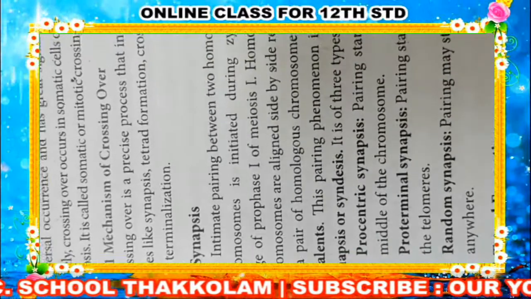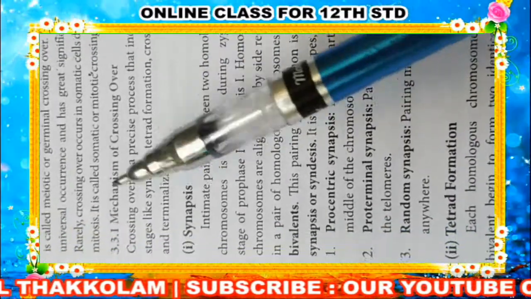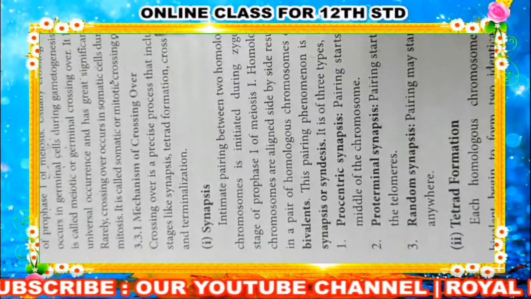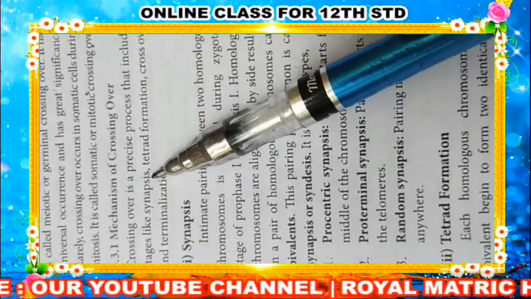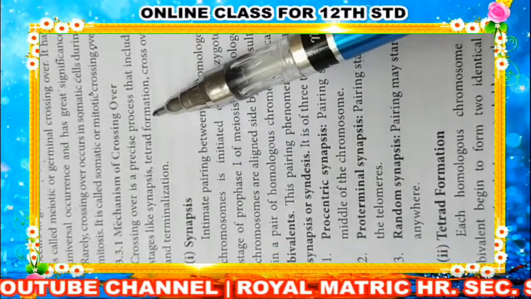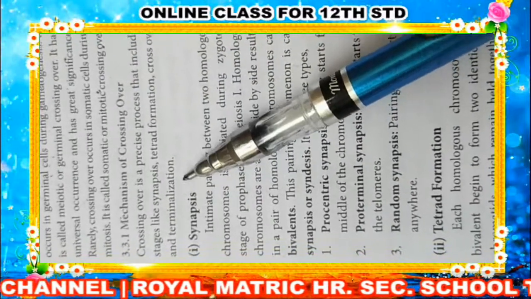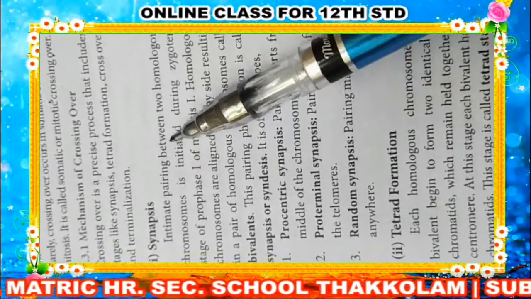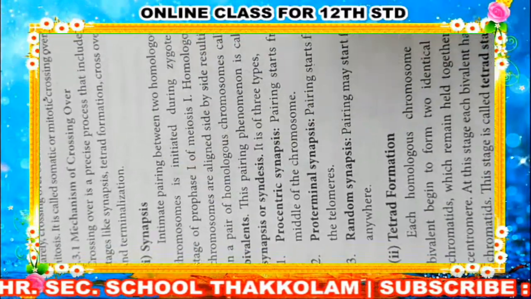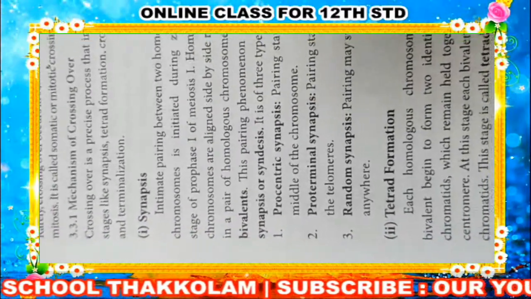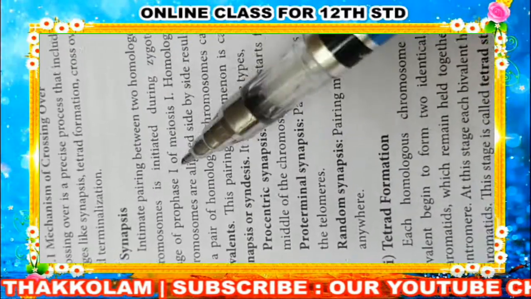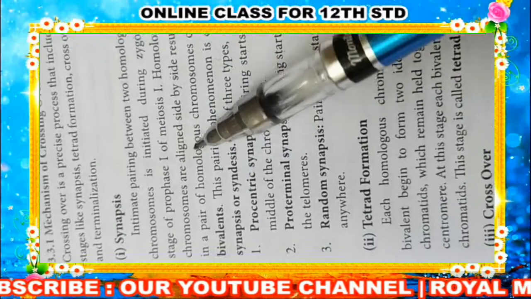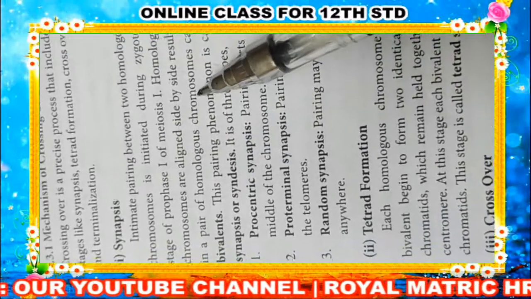What is the mechanism? What are the steps involved in crossing over? Crossing over is a precise process that includes these stages: synapsis, tetrad formation, crossing over, and terminalization. First we will see synapsis: intimate pairing between two homologous chromosomes. Synapsis is nothing but the connection. During the zygotene stage of prophase 1 of meiosis, homologous chromosomes are aligned side by side,